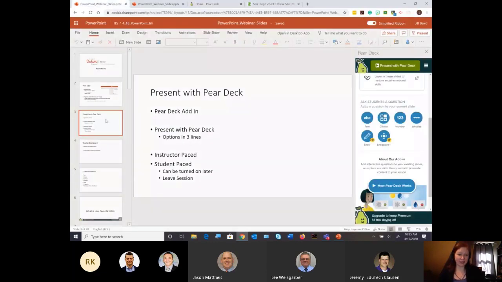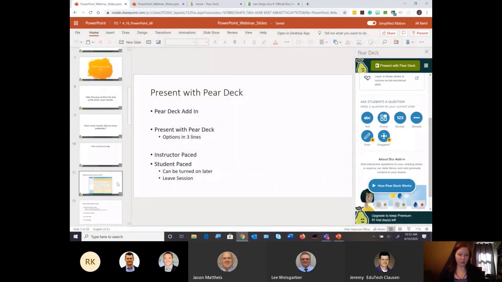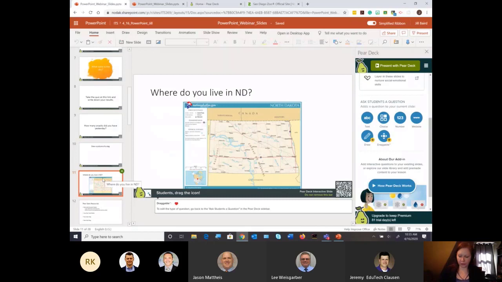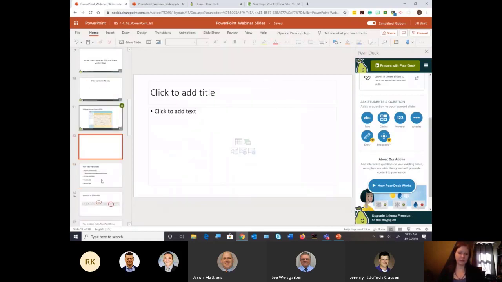To create a slide with all of this on here, so if I'm going to create the color one again, I'm going to just hit plus new. So I have a new slide that I've created, and I'm going to just say, what is your favorite animal. And so with this, I can add a text question. So I want this to be a text question that students are going to type in. I've typed in my